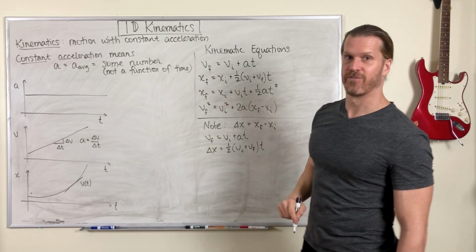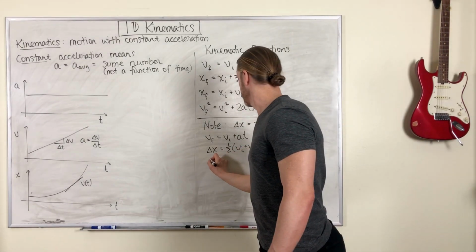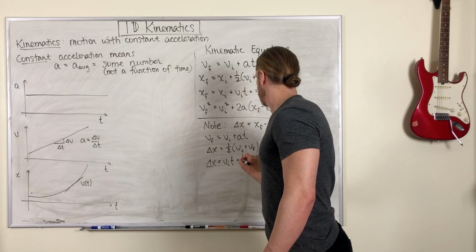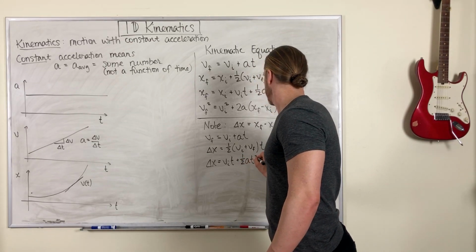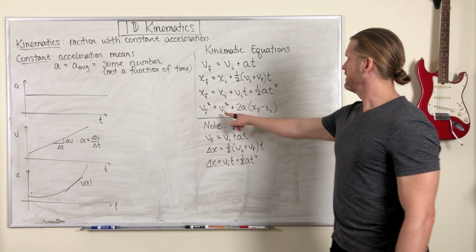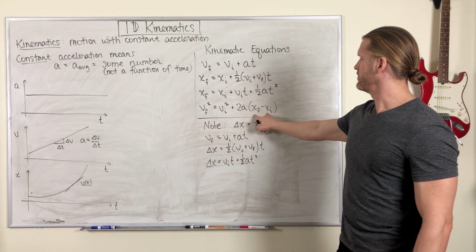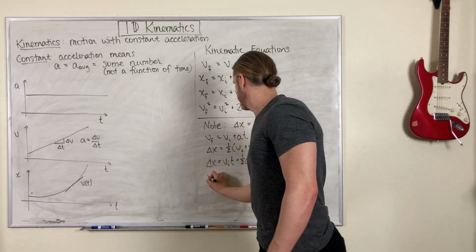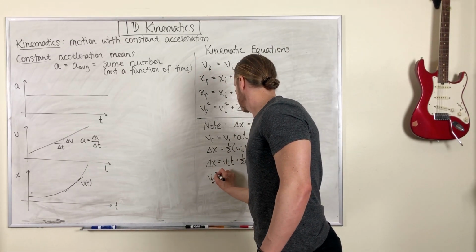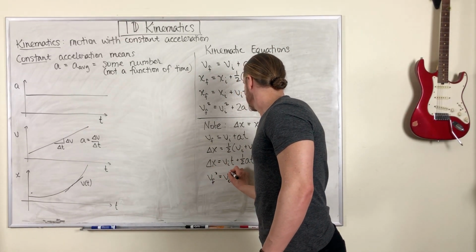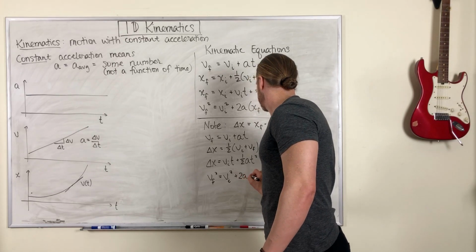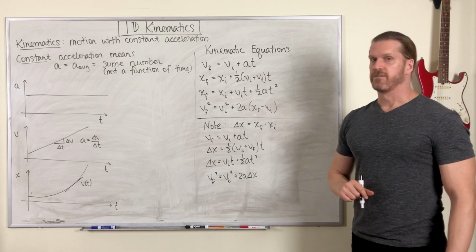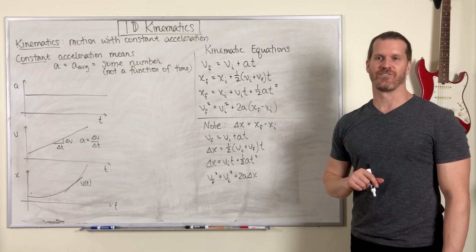Put x initial over on the left side. Delta x equals v initial t plus 1/2 a t squared. And in the final kinematic equation, you can replace this quantity in parentheses with delta x. All right, next videos we'll start doing some examples of